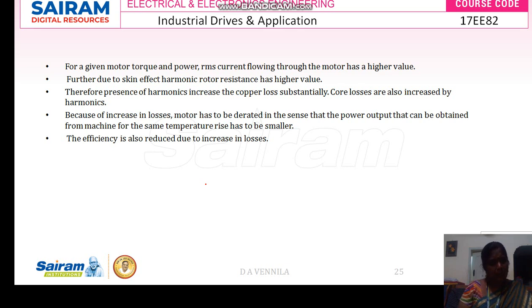Non-sinusoidal supply means pulsating torque will be produced. The field of one harmonic and the current of another harmonic will create pulsating torque. The 5th order, 7th order, 11th order and 13th order are the major harmonic contributors, creating losses in the motor. So this is about the harmonics, and the drawbacks for the motor, when you connect a non-sinusoidal supply. Thank you, students.